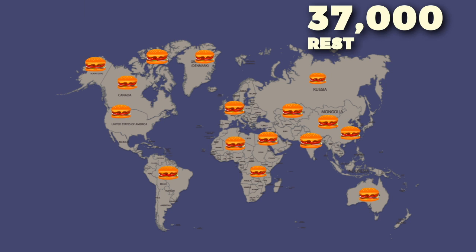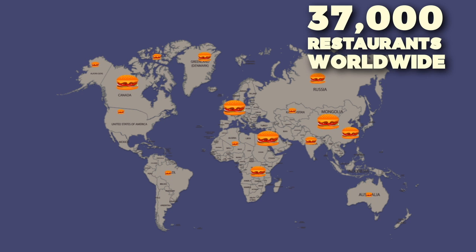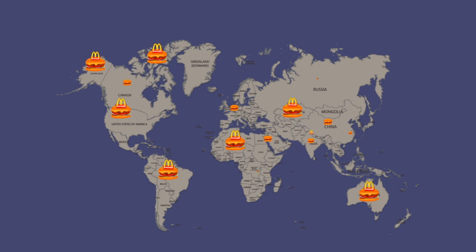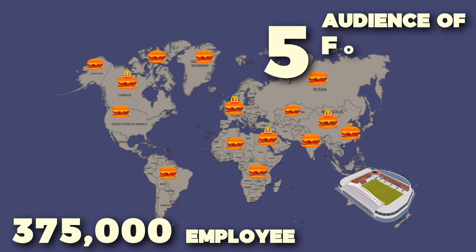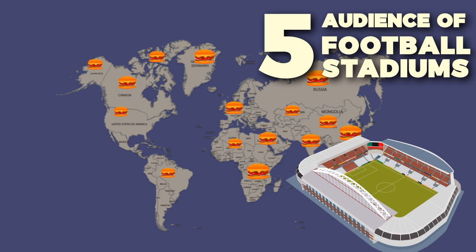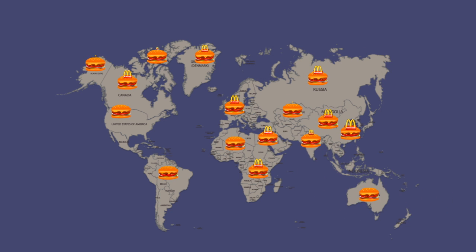McDonald's operates 37,000 restaurants worldwide, with 375,000 employees around the world. That is equivalent to the audience of 5 football stadiums. According to Fast Food Nation's article, 1 in 8 workers in the United States have at some time been employed by McDonald's. Out of their 37,000 restaurants, the most restaurants are in the United States, with